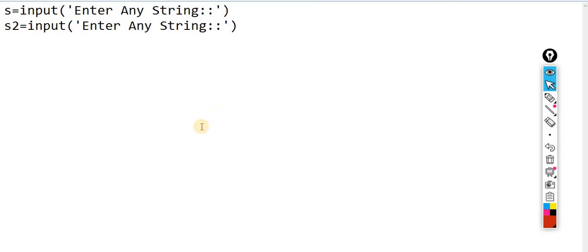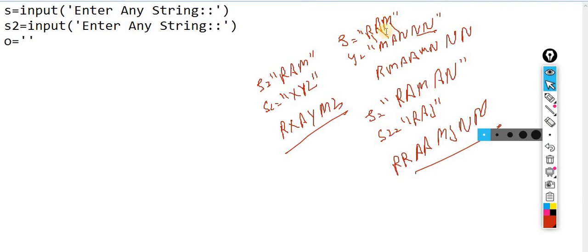So I took 2 strings, and after taking these 2 strings, I am taking a variable, and that variable is the final output. Okay, this would be the final output variable. Here I have to execute until the length is not iterated completely. For example, in case number 1, this length is complete, but this length is not complete. I have to take care of all the lengths.